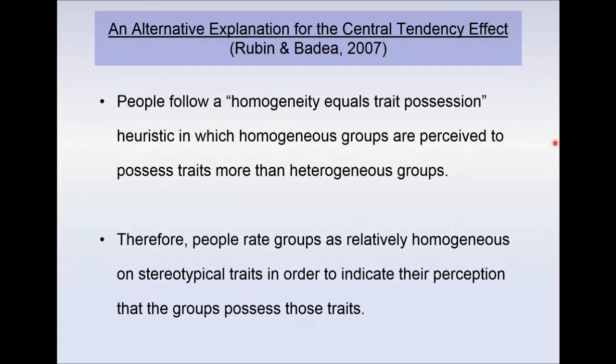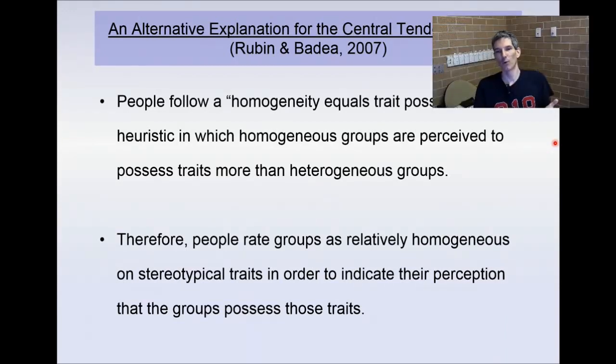So we just basically said, what if people, when they're making these strange ratings of homogeneity, when they're asked how similar do you find people within the group, what if people, when they haven't got much to go on, are just saying homogeneity means that I think that they possess the trait, and heterogeneity means that I think that they don't possess the trait. So what if they were using their homogeneity and heterogeneity ratings sort of symbolically in order to try to explain to the researchers what they thought?